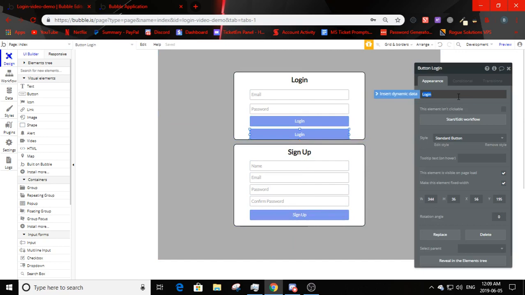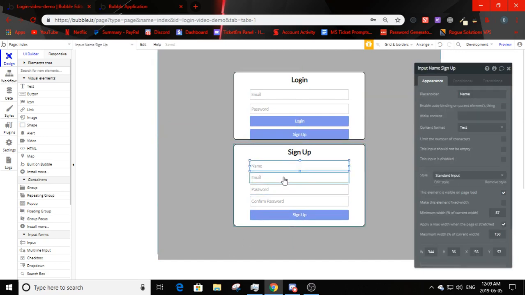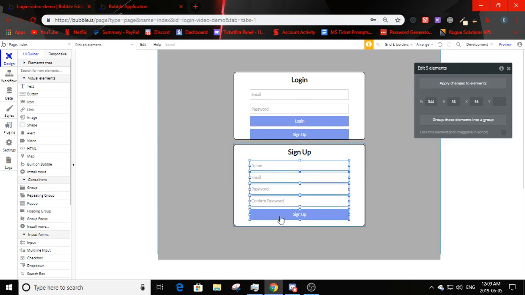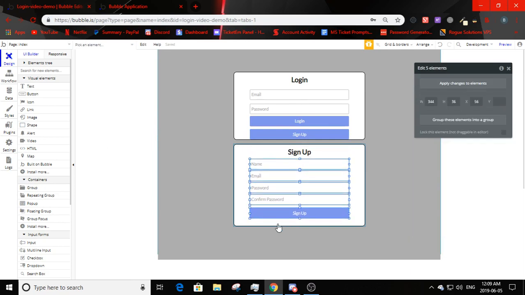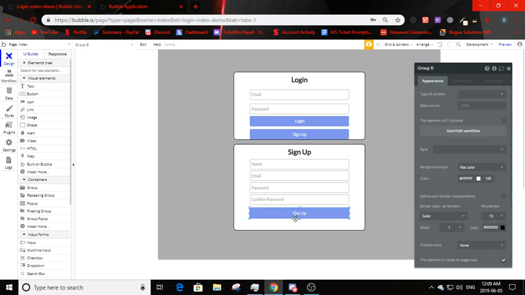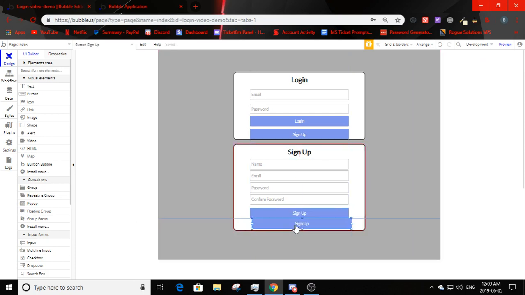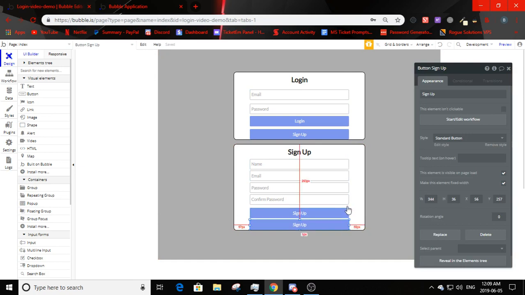So we're going to make this button sign up, and move all these up, move this down a little. So say we don't want to be viewing both of these, we'll have this one login. So we can do states. You can look at a different video to see how I did it. I will be uploading another video sometime on how to do it more in depth as well, but for now,